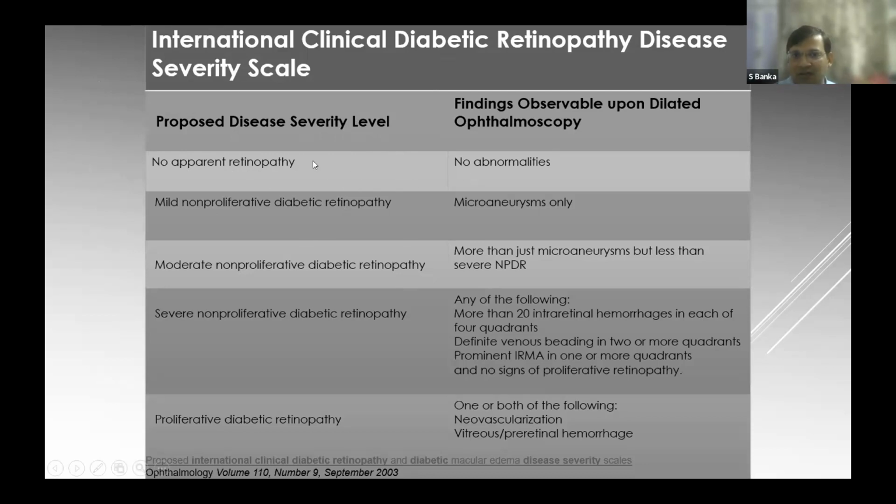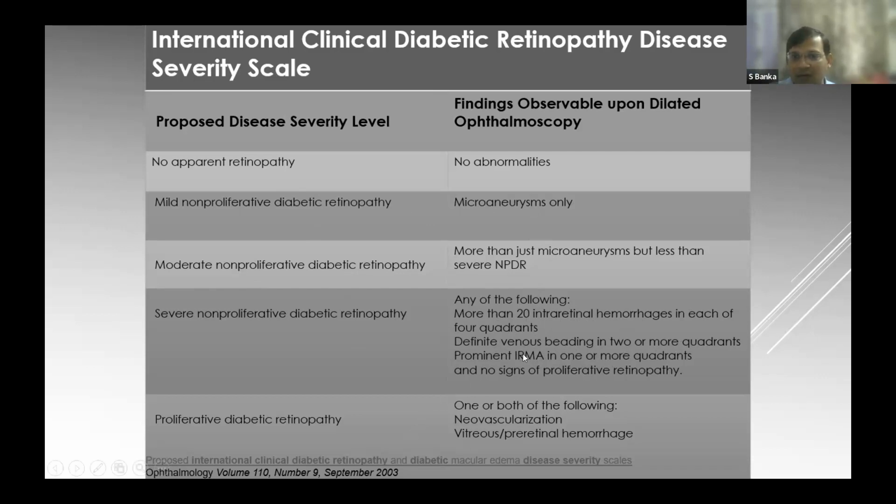The first stage is where there is no apparent retinopathy. Then there is mild non-proliferative diabetic retinopathy, where you see only a few microaneurysms in the retina. And then moderate NPDR, which is something between the mild and the severe form. And the severe form is defined as having any one of the following: more than 20 intraretinal hemorrhages in each of the 4 quadrants of the retina, or definite venous beading in 2 or more quadrants, or prominent intraretinal microvascular abnormalities in 1 or more quadrants,